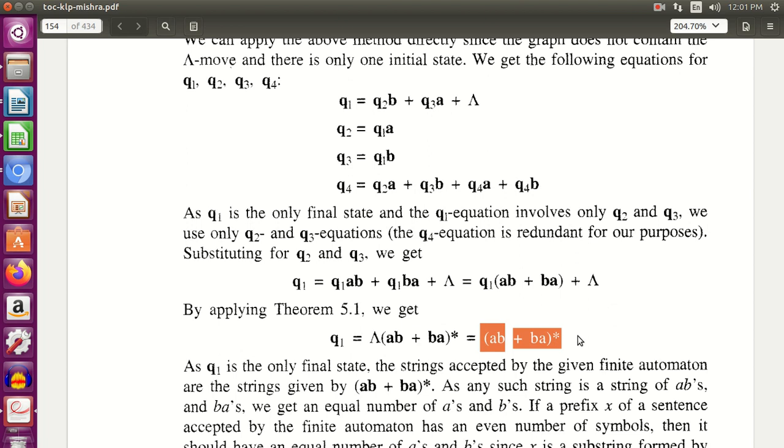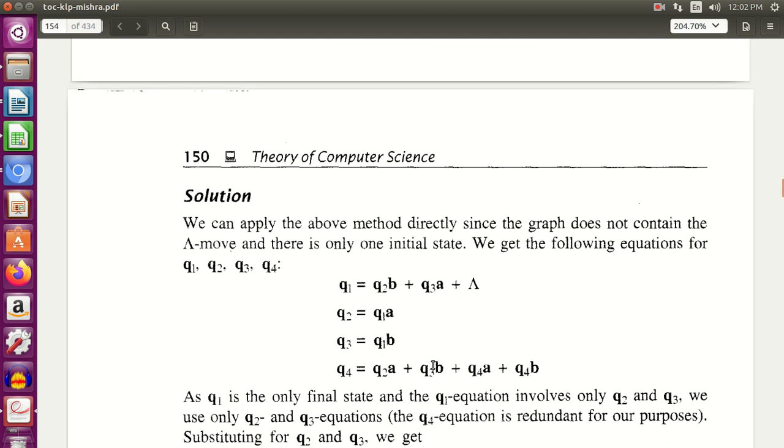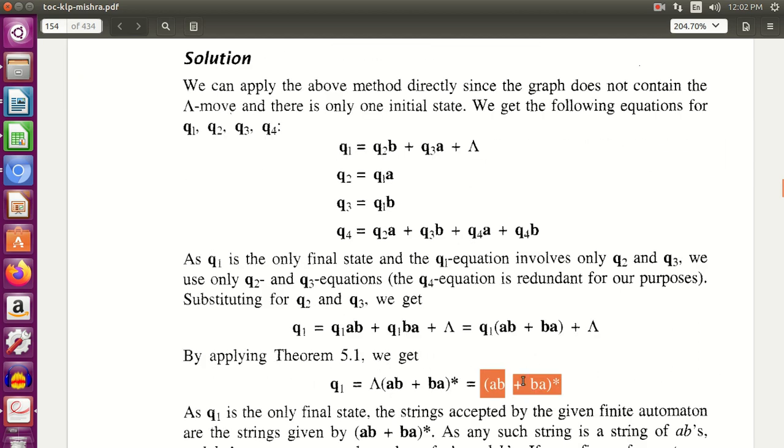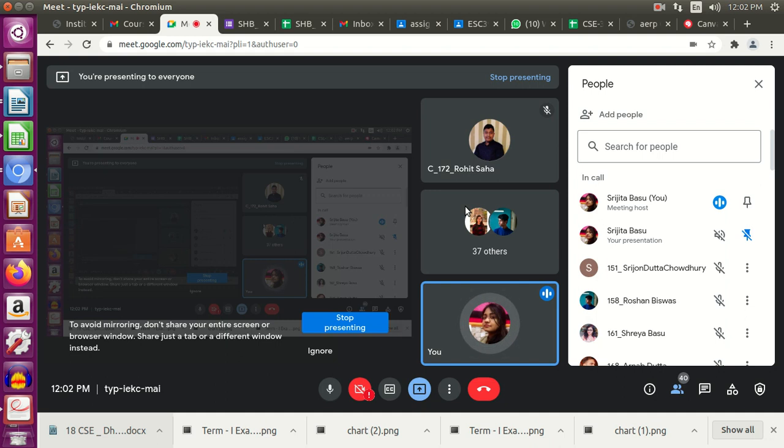Again, there might be some questions where neither the regular expression is given to you nor the language. You will be given just the DFA, and you will be asked to convert this DFA or transition system into an equivalent regular expression. So just follow the process that I have taught you, and whatever regular expression you get will be the equivalent regular expression. There will be no chance of proving something in that case. So I hope the process is clear to all of you, and the different variations that might come from this portion are clear to all of you.